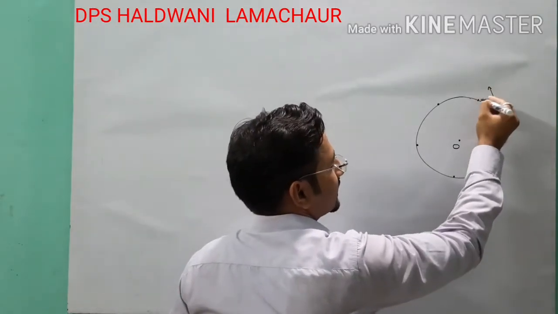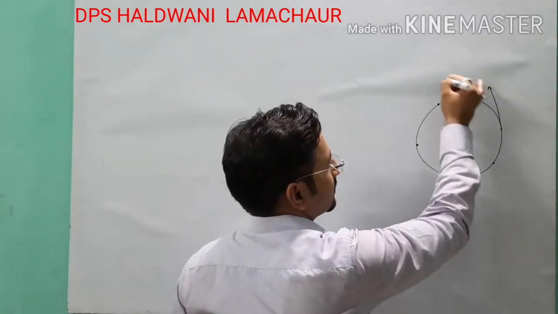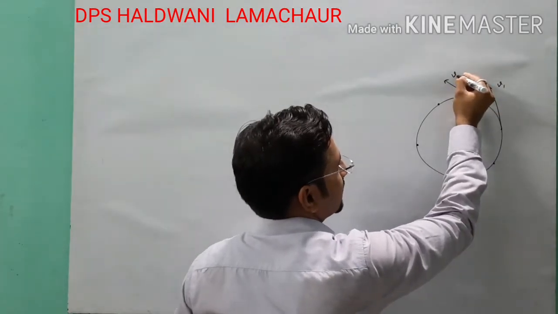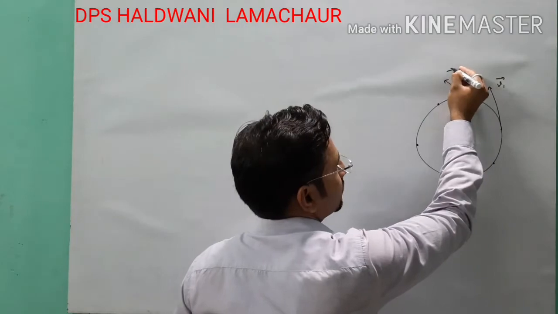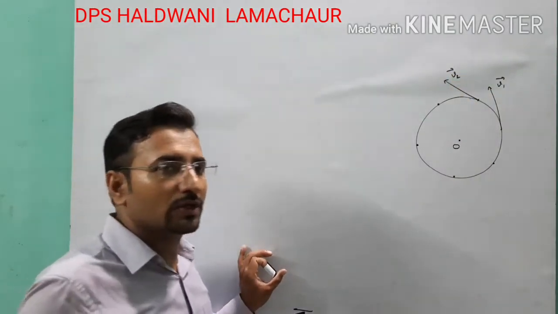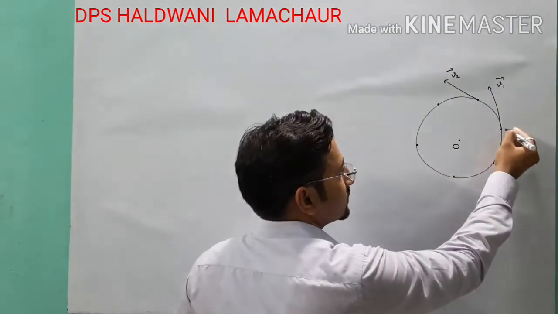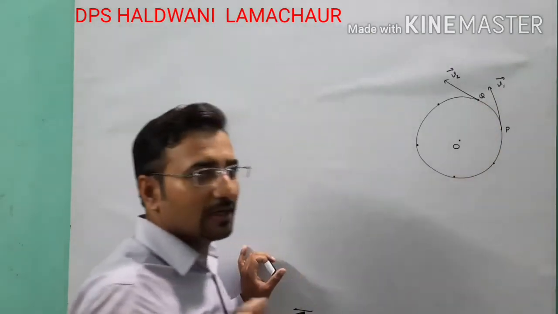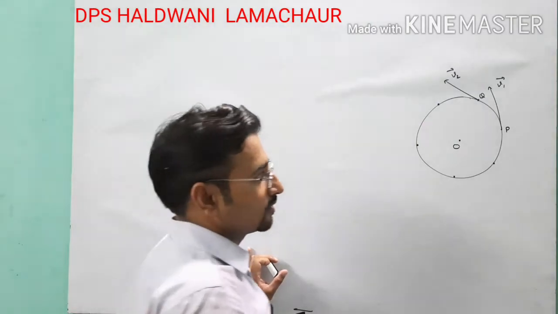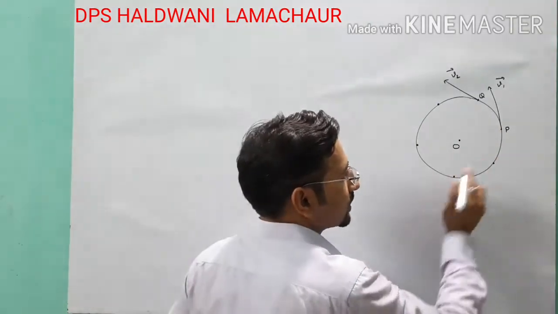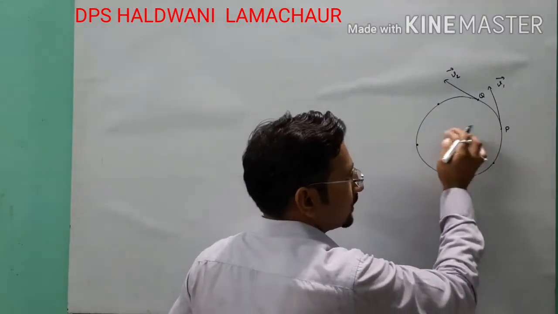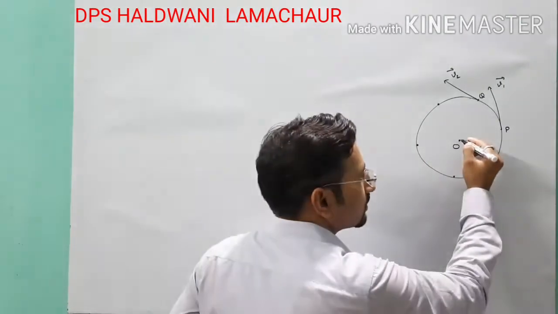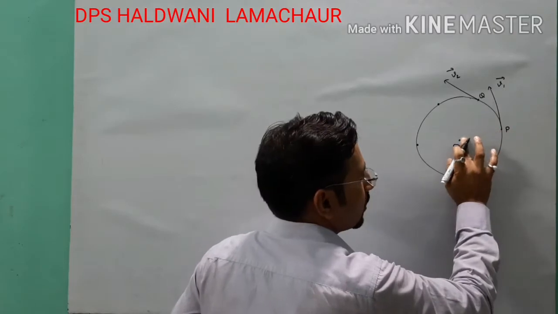So first you can see the diagram here. See student, this is our velocity. If I am writing here v1 and v2, suppose v1 vector and v2 vector are the velocities at different locations. Suppose this is our P location and this is our Q location, and if we think about the position vector of these two locations from the point of reference, which is the center of the circle, so here the position vector,